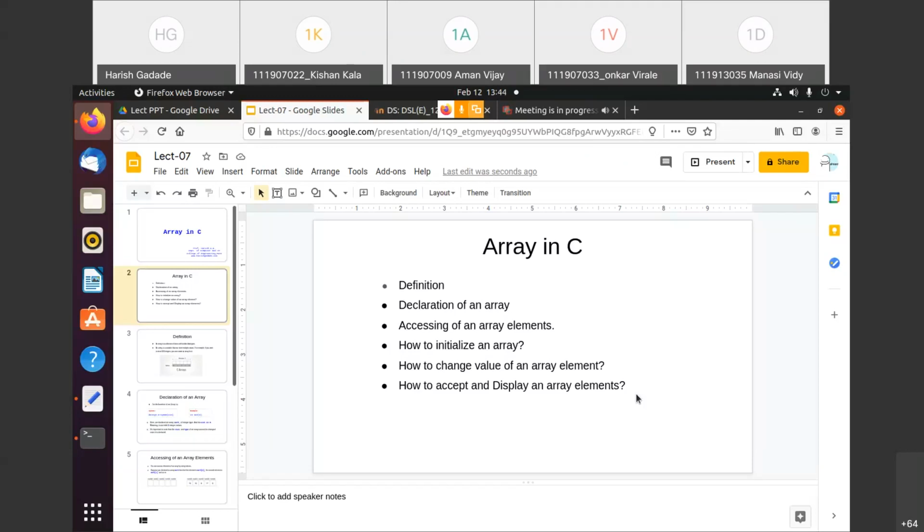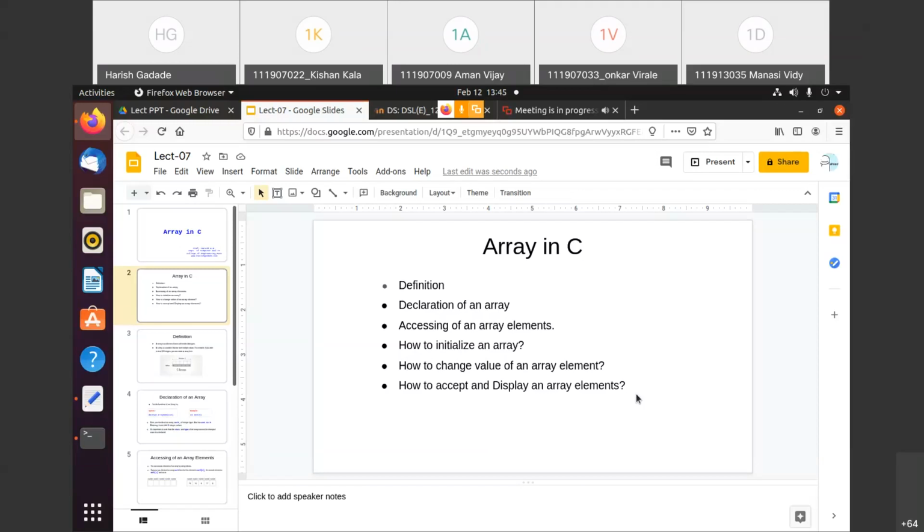Now see, till today we have seen individual variables, because when we declare any variable, that variable is used to store some value, right? Suppose like int a, b, c, these three variables we have used. So a will store one number, b will store a different number, and c will store another number, right? There is no relation between a, b and c, because these are independent variables. Now sometimes we need all elements together for a particular problem, so in that case we can use the concept of array.